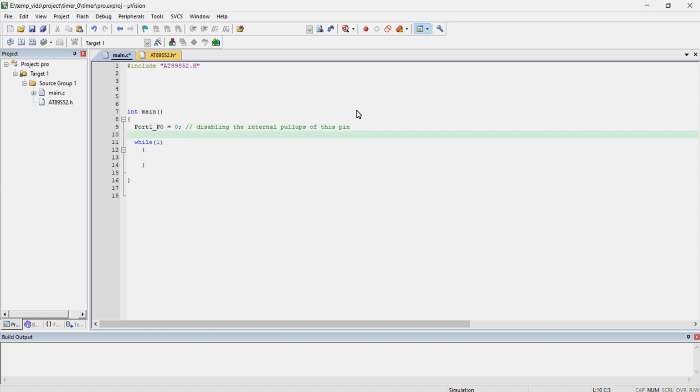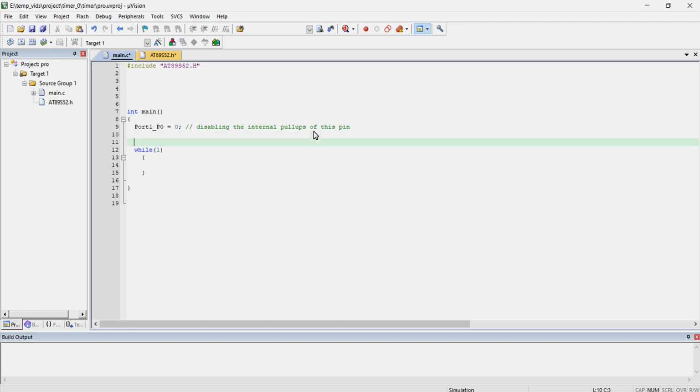Whatever the pin may be, if you want to use that particular pin as output, you just want to initialize the value of the pin to 0 in this microcontroller. There may be internal pull-ups available for each and every pin in this microcontroller; unless it is an open-drain pin, all the other GPIO pins will have internal pull-ups. For disabling that, you just want to initialize the pin value to 0 first. If it is an input pin, you don't worry about this concept because we will be voluntarily giving a pull-up resistor for that pin.